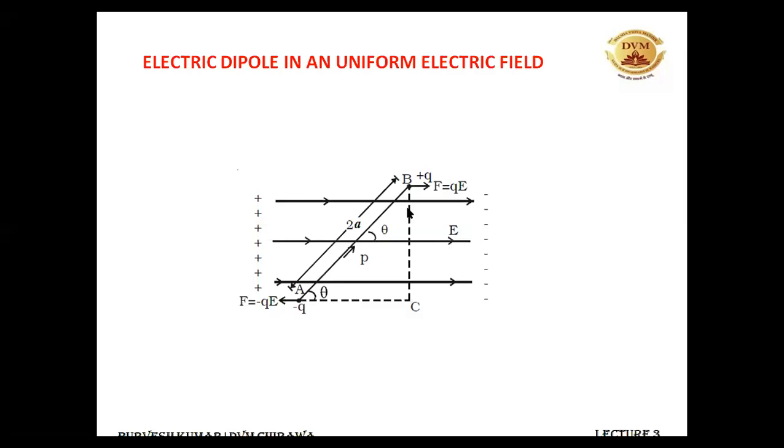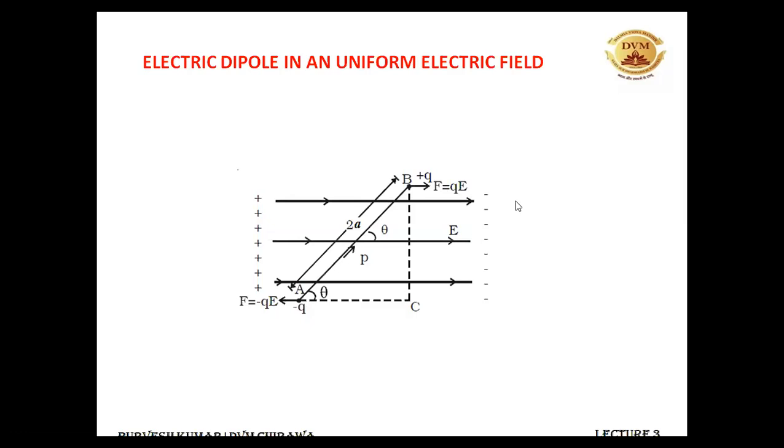So it is having two charges. One is minus charge. So the minus charge will be attracted towards the positive side of the electric field. This is the positive side. It will be experiencing a force that is given by QE. We know that if we place a charge in an electric field, it will experience a force that is the charge multiplied by the electric field. So this minus charge will be experiencing a force equal to Q into E, and it will be in this direction. And this plus charge will be experiencing a force in this direction. That is Q into E, because it's a positive charge and it will be moving towards the negative side of the electric field.